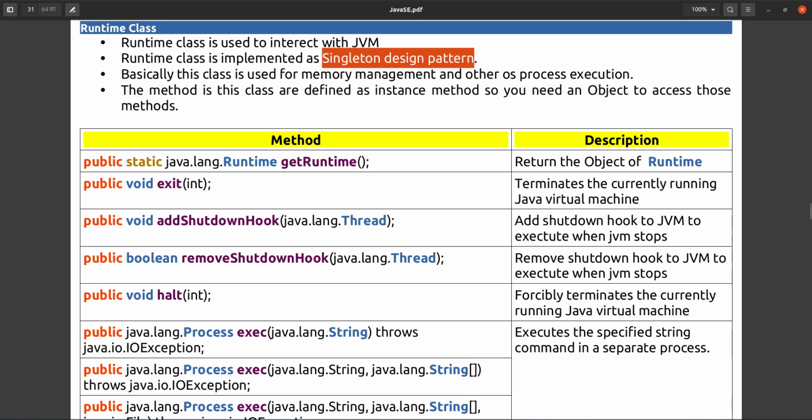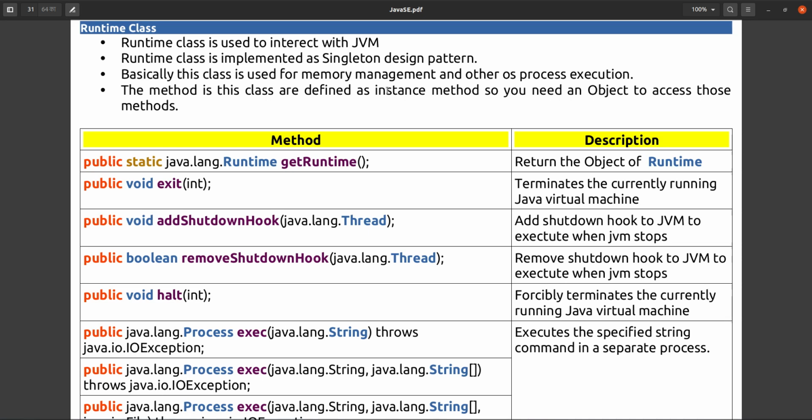Runtime is implemented as a singleton because only one JVM is there in your application. Basically this class is used for memory management and operating system process execution.